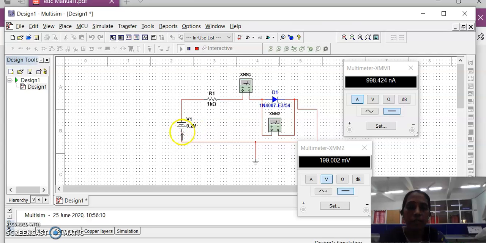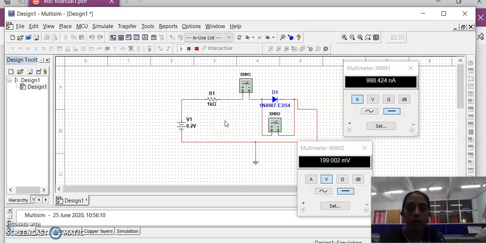In this case, from 0 to 1 volt we have to vary in steps of 0.1. Why? Because in the theory part, we study that the diode goes into the on condition when the input voltage crosses its cut-in voltage. We are using a silicon diode, and the silicon diode cut-in voltage is 0.6 or 0.7. When the input voltage crosses 0.6 or 0.7, the diode goes into the on condition. That you have to observe here.